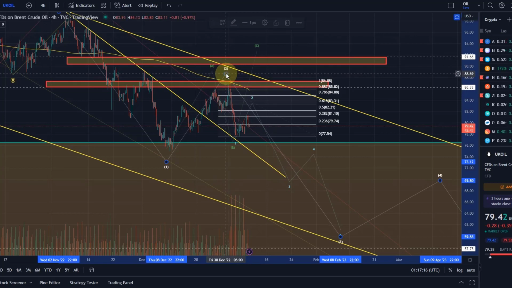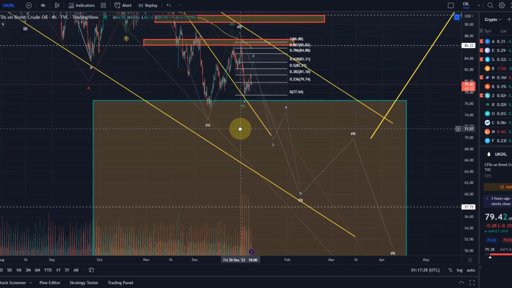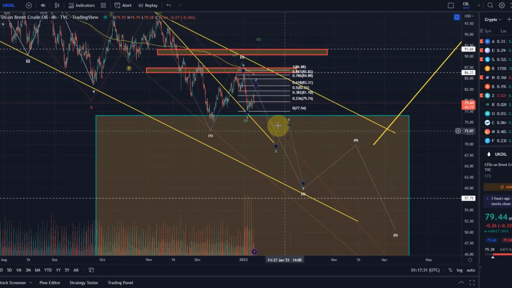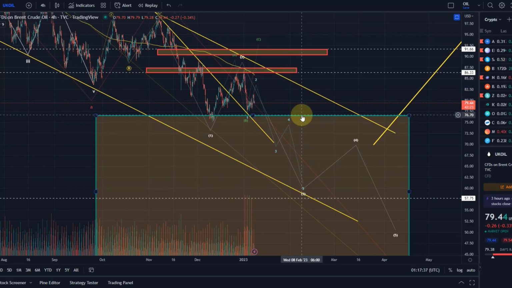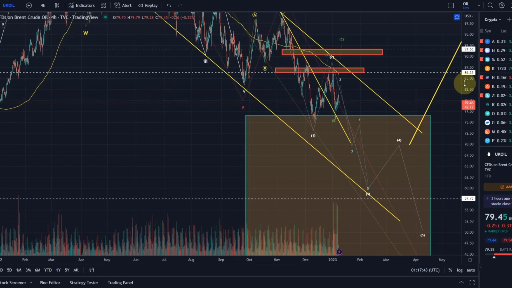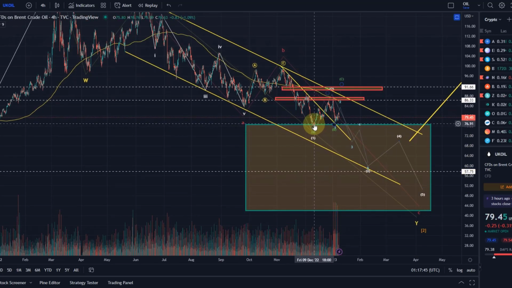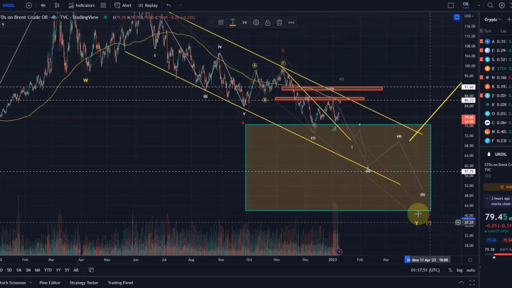So that's what I'm observing at the moment. In my opinion it's not very clear which of these it will be, but I would prefer the direct move down, purely looking at price action and how the movement to the upside is currently occurring. The chart is certainly still quite weak, and there's still a lot of downside pressure here. So I'm still looking at lower for oil. I don't think the overall bear market is in. Technically it could be, because we've reached the long-term support area, the long-term trend reversal area relevant for this higher degree wave 2. But the medium-term and short-term wave counts just don't support it yet. Therefore my view is still lower.